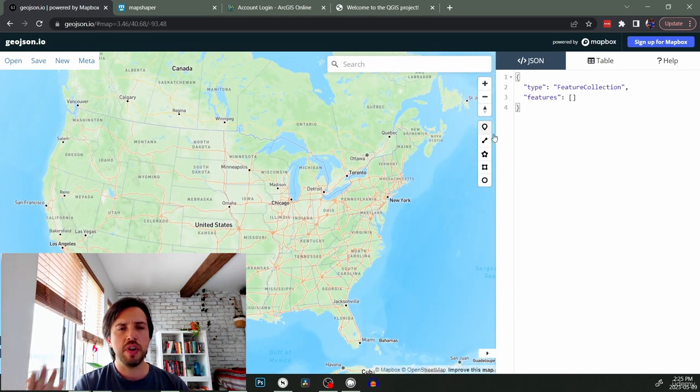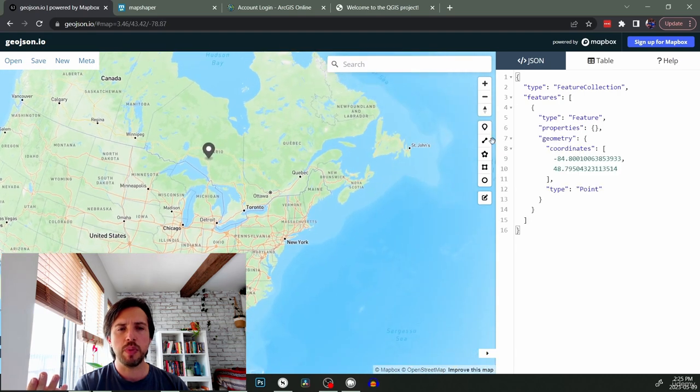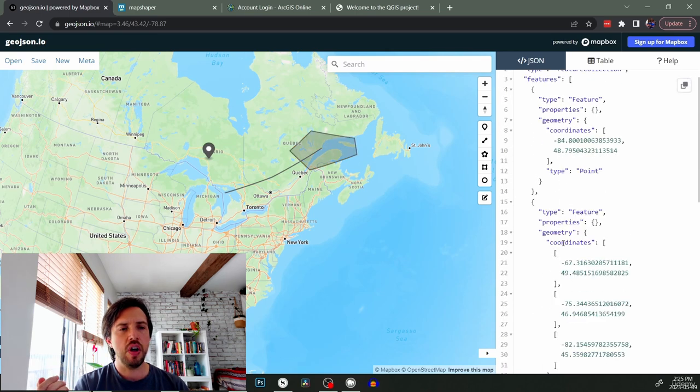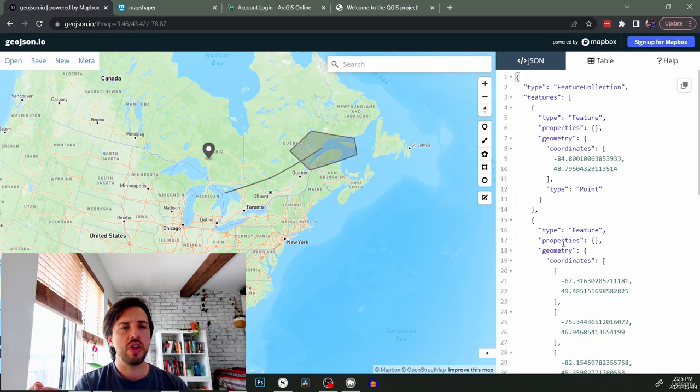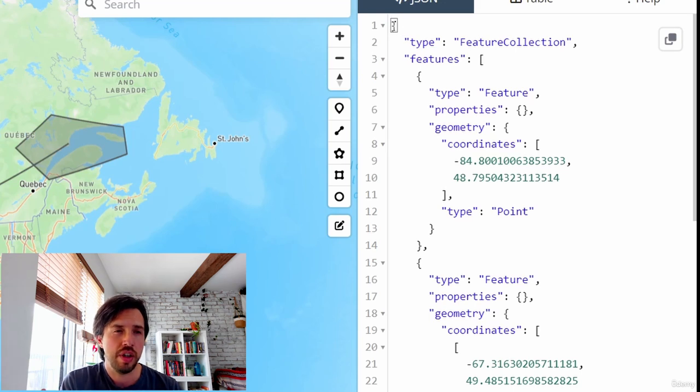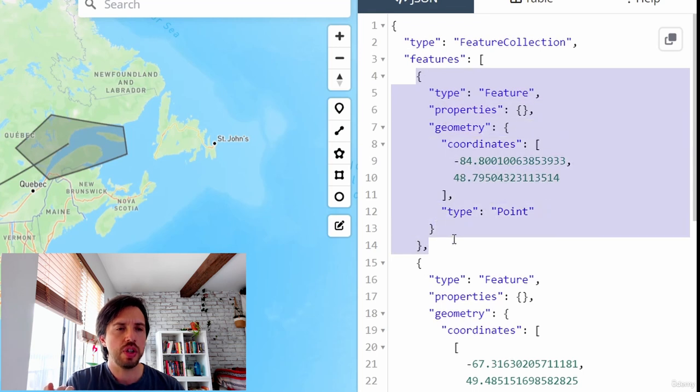With this tool, it's very simple. We can create points, we can draw lines, we can make polygons, and we get a set of stuff on the right-hand side here, which is called a GeoJSON. And you can actually see, because we did some JavaScript together, that this is a type of object. There's the curly bracket, and then here's the property name and the property value. Then here's another property name, and this one's an array, and it's an array of objects, which are then nested,